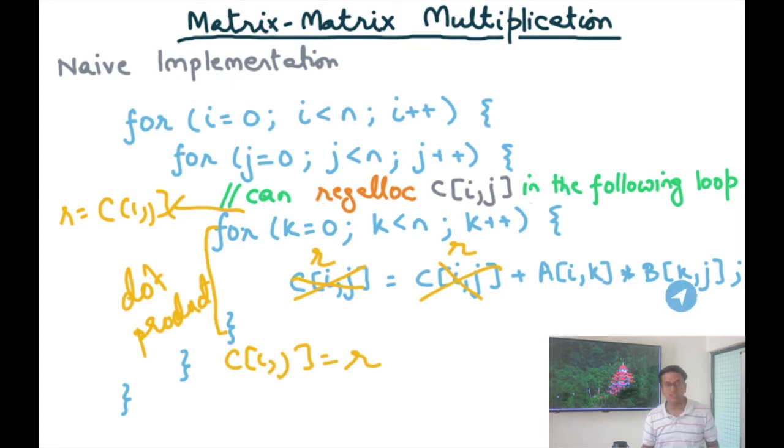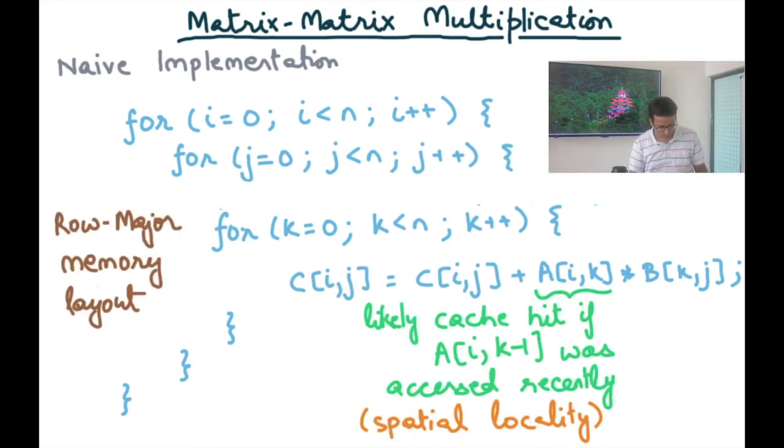On the other hand, if I look at B[k][j], then the accesses in the inner loop are going to be B[0][j], B[1][j], B[2][j], and so on. And if it is a row major layout for the B array, then this is basically going all the way across a row to get to the second element. So B[0][j] and B[1][j] are really far apart in the memory address space. There are n elements between B[0][j] and B[1][j], whereas there is only one element between A[i][0] and A[i][1].